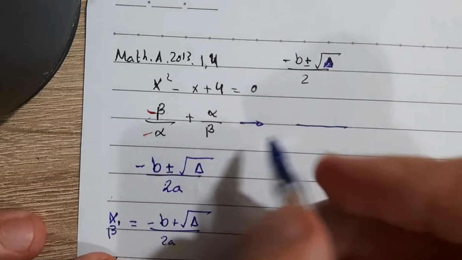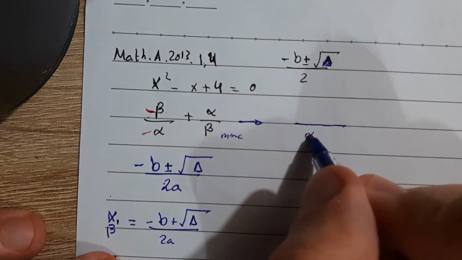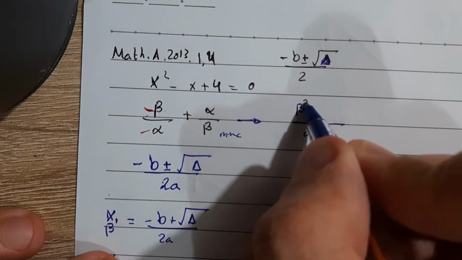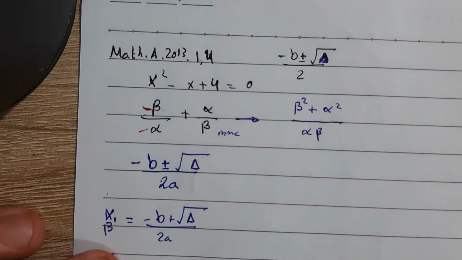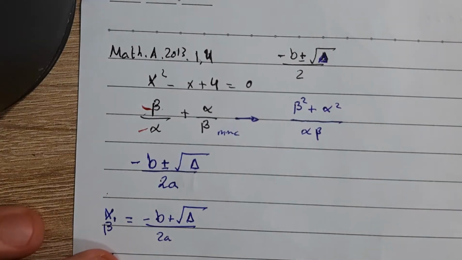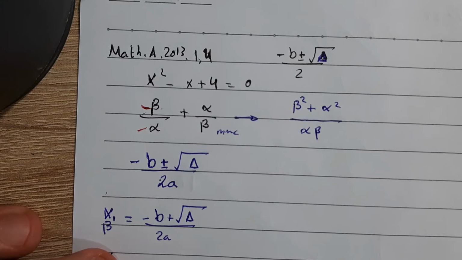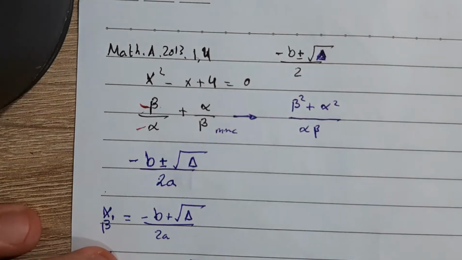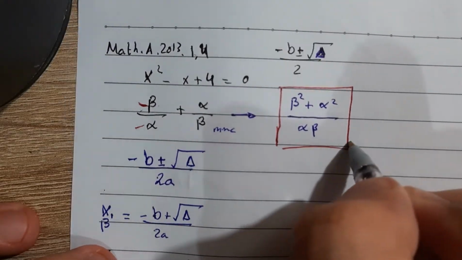So by joining them together, MMC, right? Alpha beta is equal to beta squared plus alpha squared, right? So look, what now, look, we have this is more beautiful to deal with, right? But the thing is,